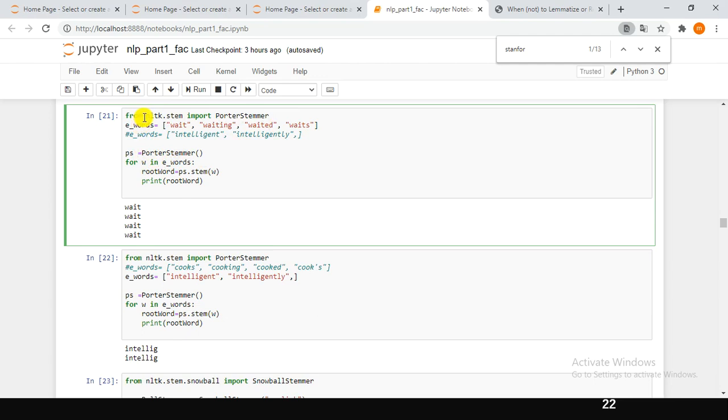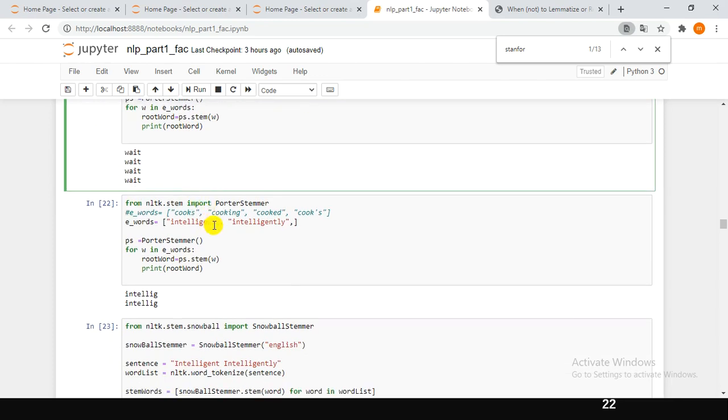Now we retrieve each and every word from this list using the for loop, passing each word to a method called stem. Here I printed the output of the PorterStemmer. We could see consistently for each word the stem returned for each element in the list is wait.